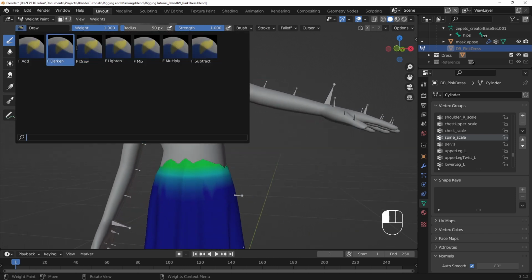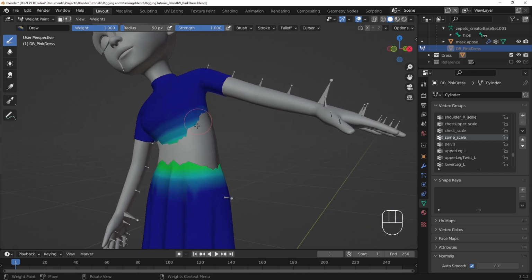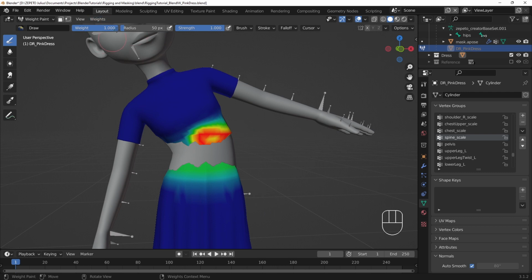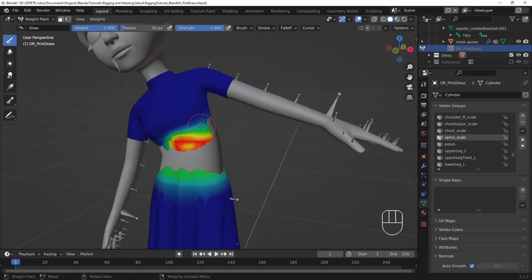Selecting the Draw Brush tool, I can use this brush to add weight influences of the selected vertex group to the item. This brush directly applies a weight value, shown here, with a strength per brush stroke, shown here. The default brush strength of 1 is often too extreme for my liking, so I'll reduce the brush's strength to something like 0.2. This allows me to make more gradual changes across multiple strokes.